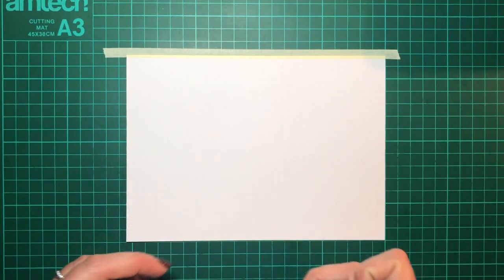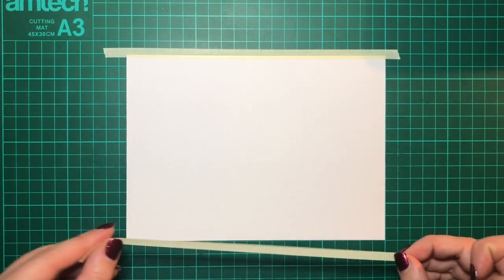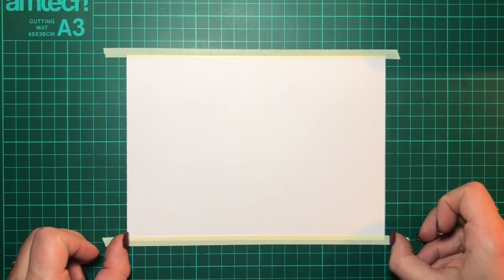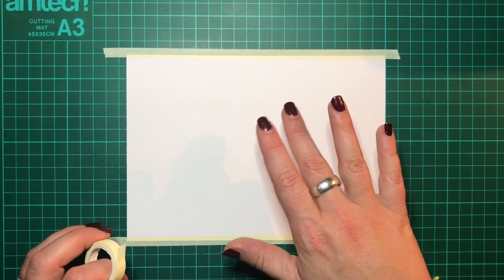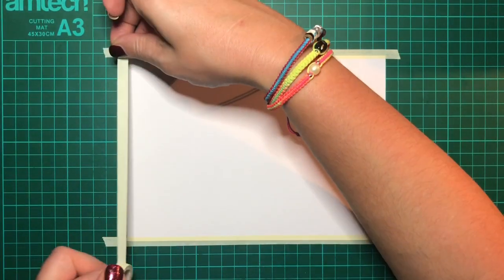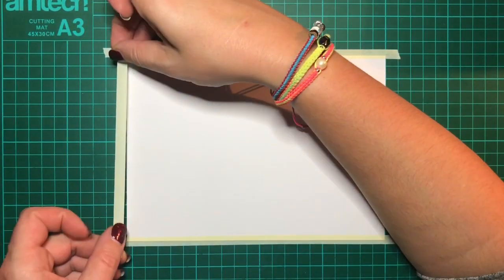Generally people tape down their pictures so that when they apply water it helps to stop the page buckling. I am using multimedia paper because I'm working in pencil that just happens to be activated by water. The main reason, and I'm not going to lie about this, the main reason that I tape down my paper is actually to stop me turning it and moving it about while I'm filming,